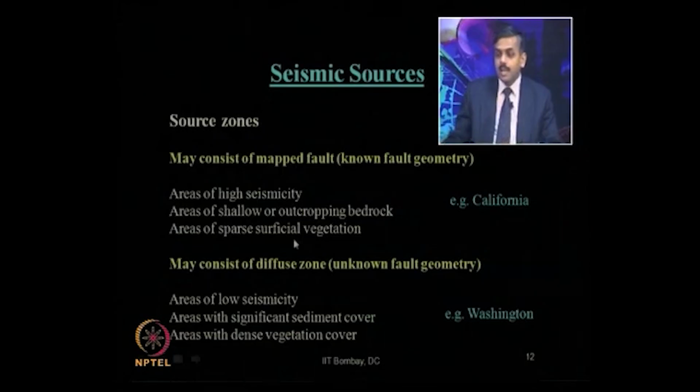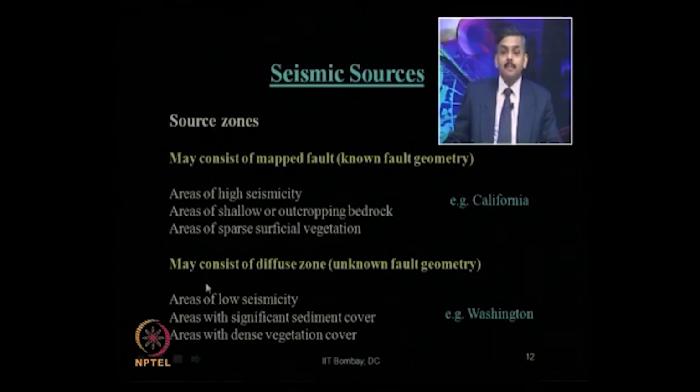So, those areas and areas of sparse superficial vegetation, in these areas you will have a mapped fault, from the known fault geometry, which can be considered as an identification for your seismic source. For example, for the California region, we already have this mapped fault available,